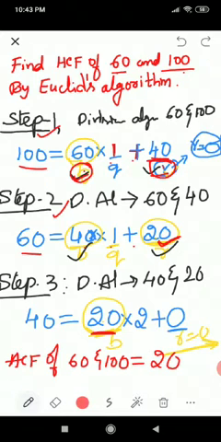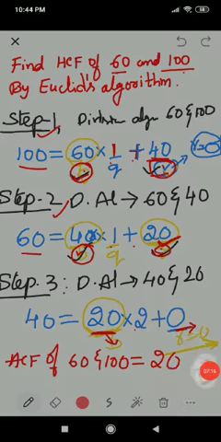By taking the B value and this R value, we have to use the division algorithm for 40 and 20. 40 is equal to 2 twos are 40 plus the remainder 0. Here the remainder is 0, the process stops here, and in the last step, what is the B value? That becomes our HCF. Okay, with some other example we will discuss this topic.